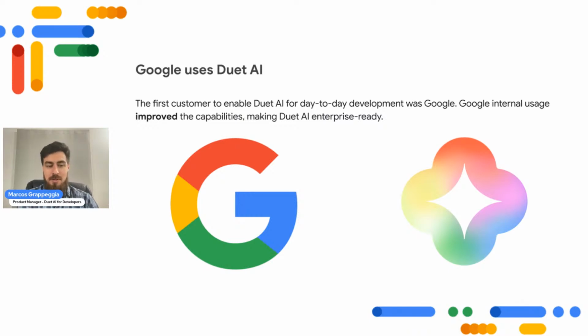Next thing I want to mention here is I think one of the best ways of improving a product is using it. And a lot of the things you're seeing here on Duet AI are also being used internally within Google, right? So Duet AI is approved for internal use within Google, including for production usage. And I think this is really something which helped us accelerate our pace of delivery,